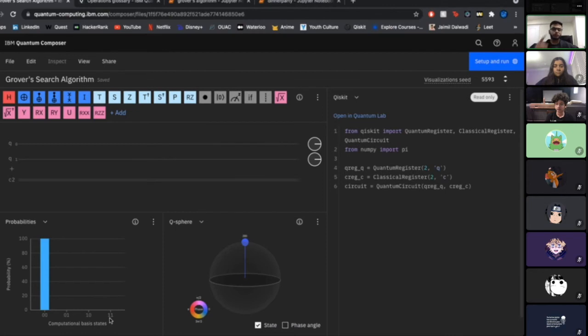So we have 1, 2, 3, and 4. Let's say we're looking for 1, which is 0, 0, in that list. And you want to make sure that you get that just from this algorithm instead of having to look through each and every one. So in the most basic sense, this is called a Grover search algorithm, which is why it's so popular. This makes database handling much faster and easier in the real world.